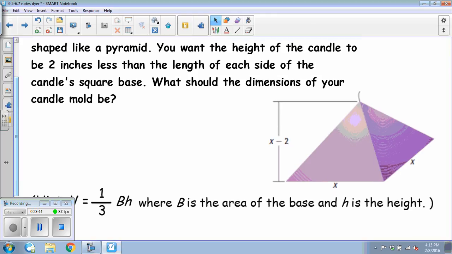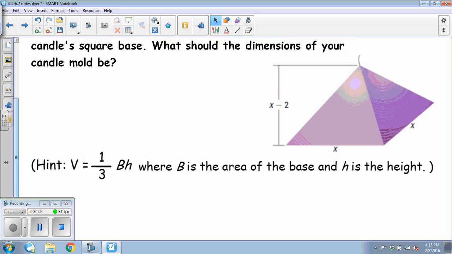So here's a picture of what a pyramid looks like. They told us that the base was square, so that means all of the lengths of the sides are the same. So x and x, those are the same. And then the height has to be 2 inches less than the length of each side. So the height has to be x minus 2. Now,